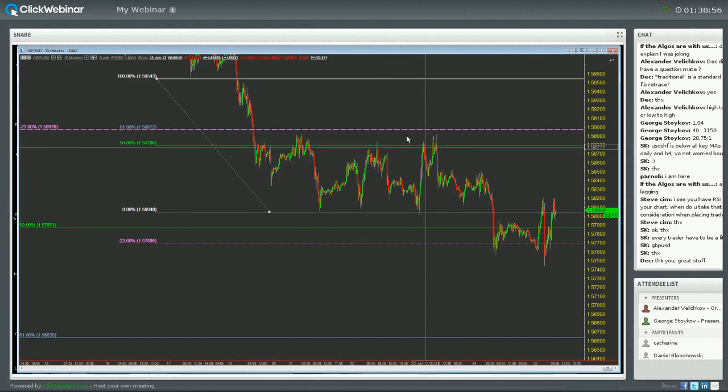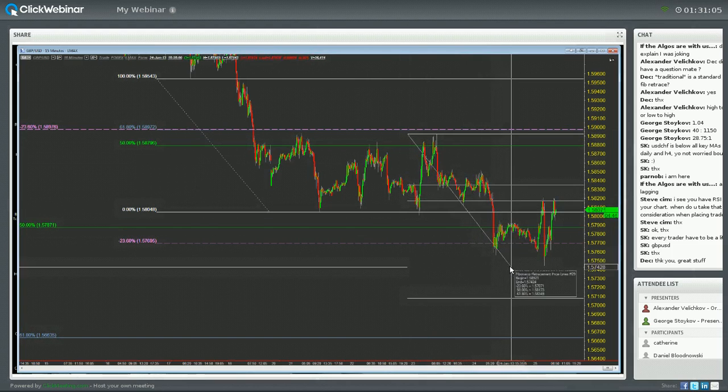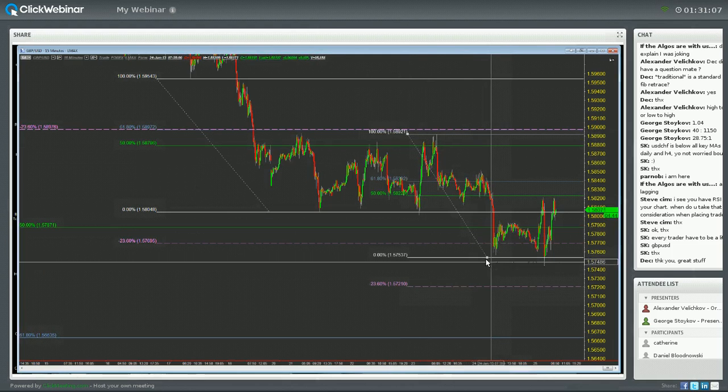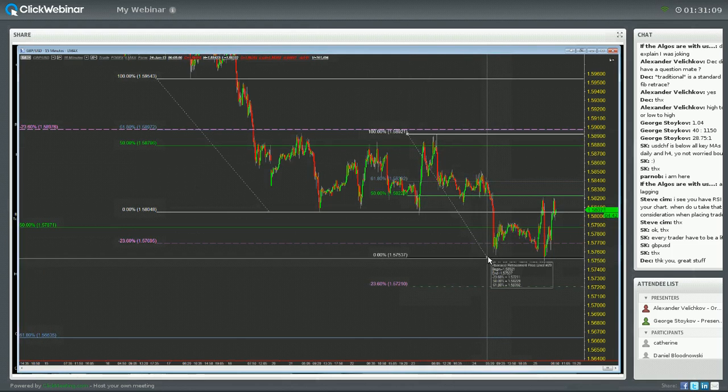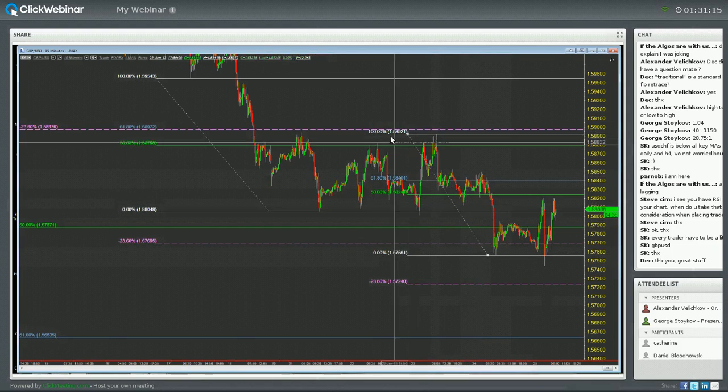I had too many things on my hands. On observation, you can see that if we take this low over here, doesn't matter which one you take, the pound is technically holding a traditional halfway back short, drawn from